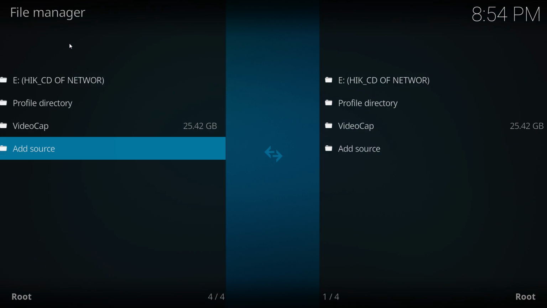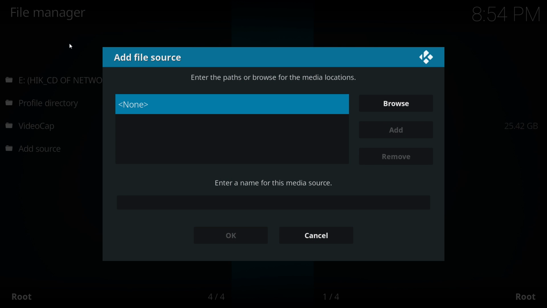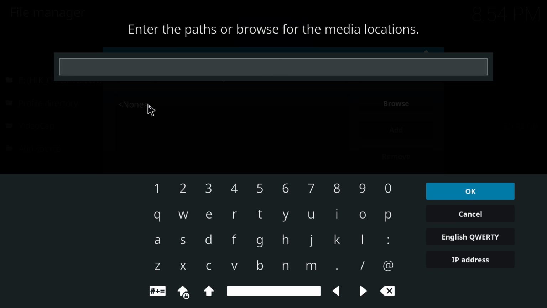So we're going to click on the file manager and we're going to click on add a source, and then you see that box that says none. You want to click on that and then add in your text. Now the file that I have told you guys in the past is